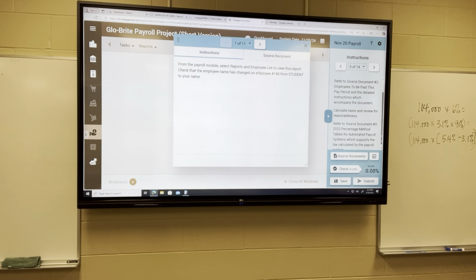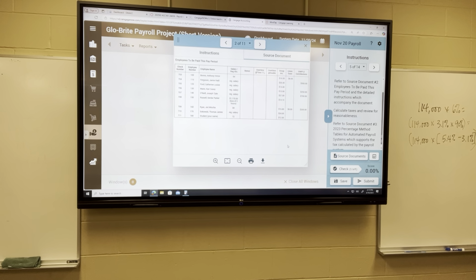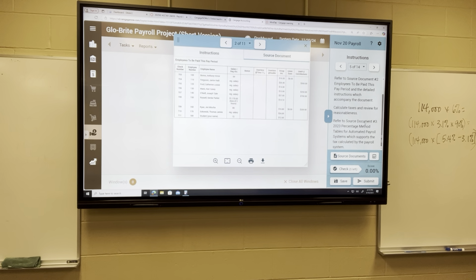From the payroll module, select reports and employee list to view this report. Check that the employee name has changed on employee number 180 from your student name. There's a list up here too of different source documents. So this is source document number 1, and they're asking us to refer to source document number 2 up at the top. All right, so this is what everybody was paid. Employees to be paid this pay period. So we are paying, let's see,